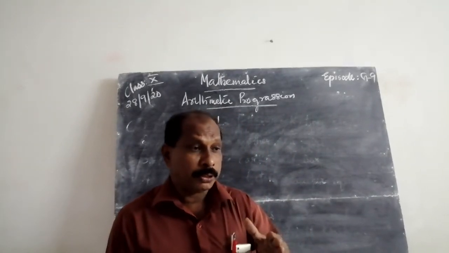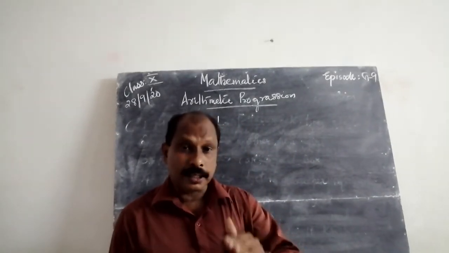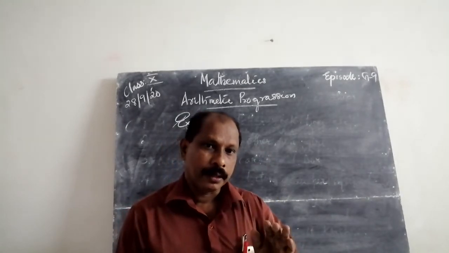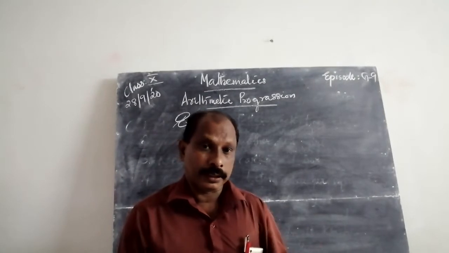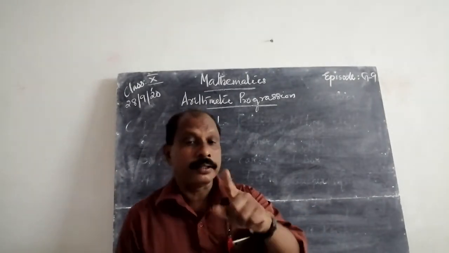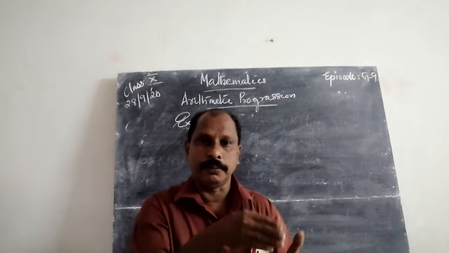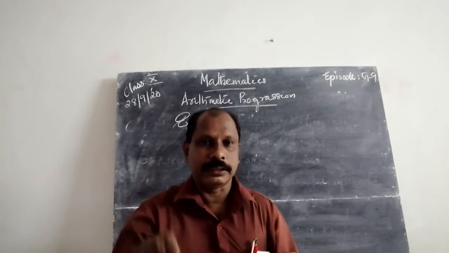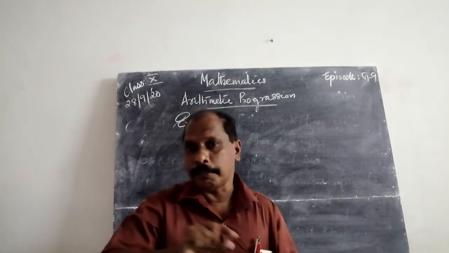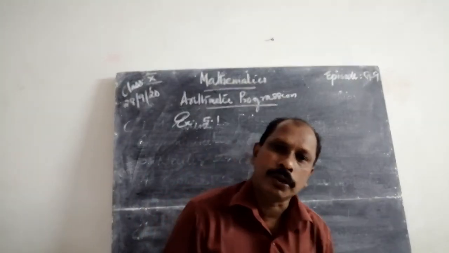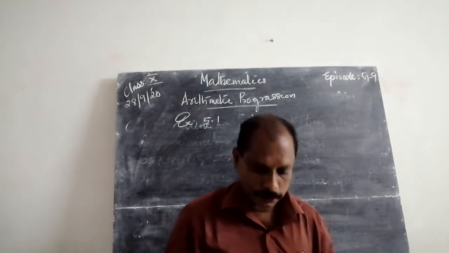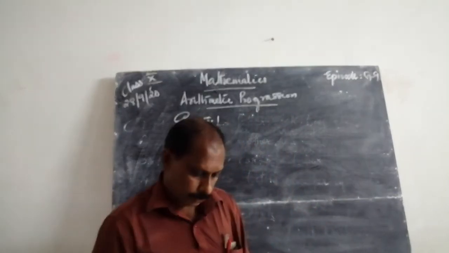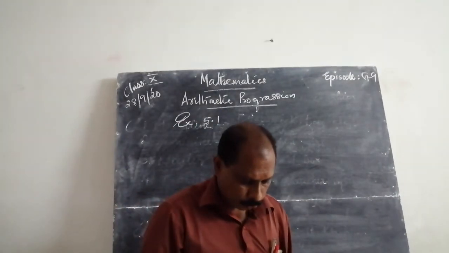But compound interest means we add the interest of the principal value for the first year, then add that to the second year. Then we also find the interest of that sum, not the principal value, the sum of the first principal value and first year interest. Therefore, that common number is not added. Therefore, it is not an arithmetic progression. Therefore, discuss all these 4 questions as homework. Then question number 2.